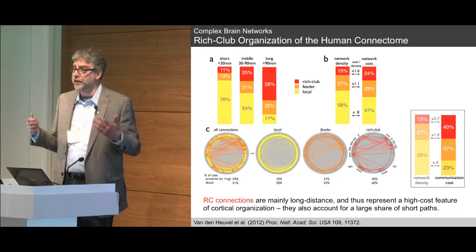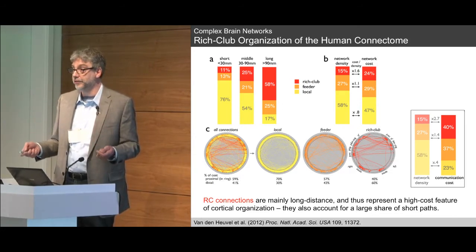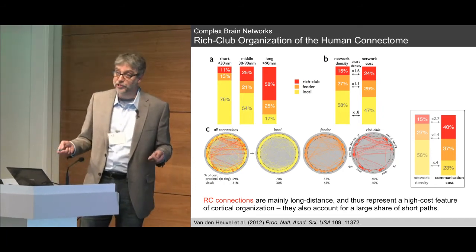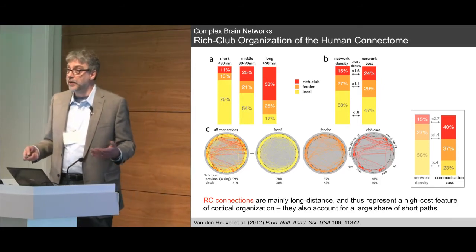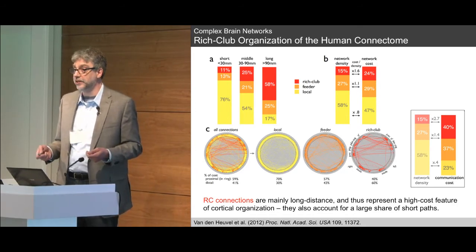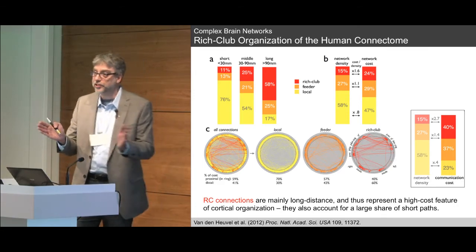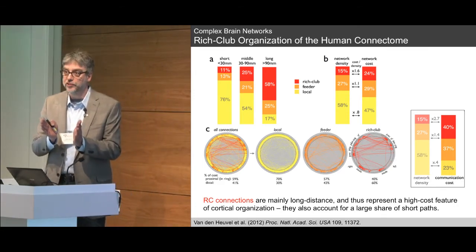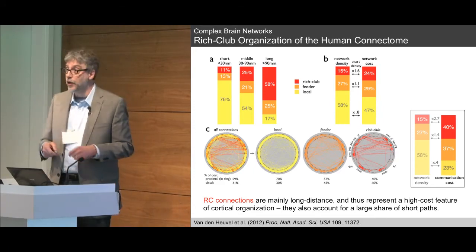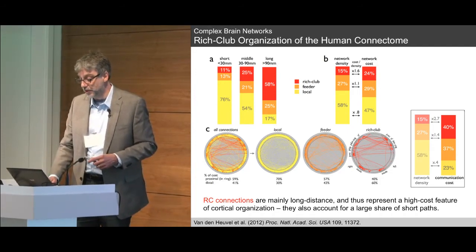This is very analogous to the transportation network, to the highway system. The American highway system is about 40,000 miles. That's about 1% of all surface roads in the US, which is about altogether 4 million miles. If you look at the number of miles traveled on highways, however, it's much greater than 1%. It's actually 25%. So highways, despite the fact that they take up, in terms of density, a relatively small fraction of the surface road system, attract traffic and do so to an extraordinary degree. We believe the same is true of Rich Club connections, sort of the highway system of the human brain